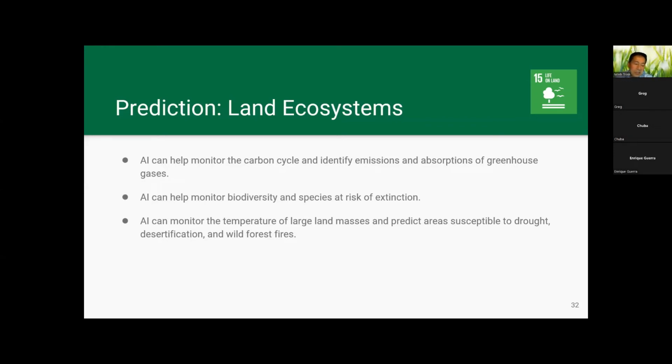And AI can monitor temperature, right? So large fluctuations of temperature. If you live on the West Coast, in the past couple of days you have had crazy temperatures, right? 108, 110 in San Francisco and its surroundings. So AI monitors satellites, and AI can monitor this in real time, right? And forest fires too.